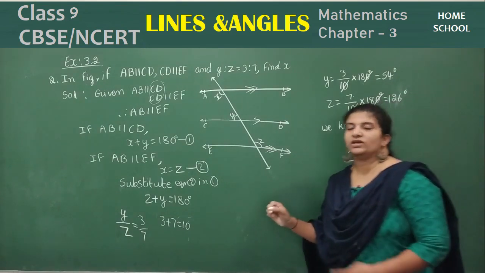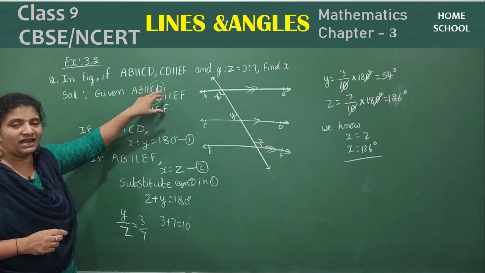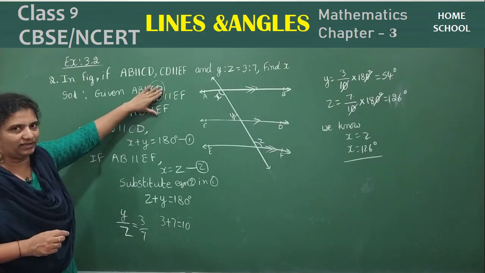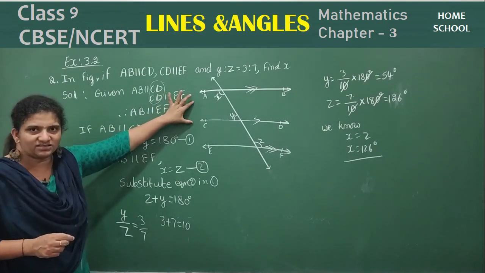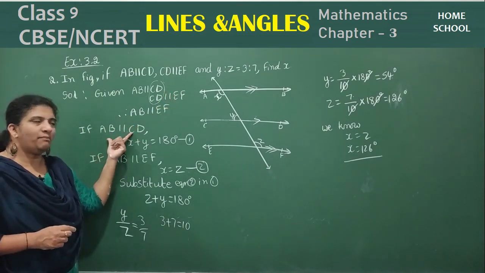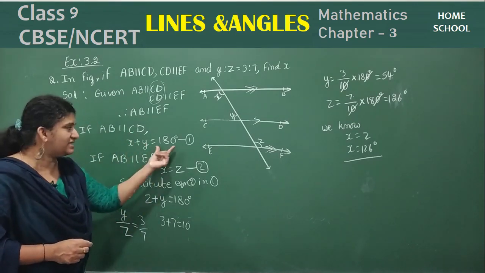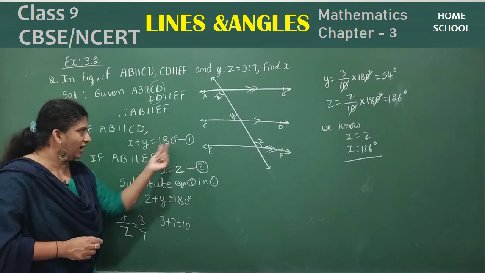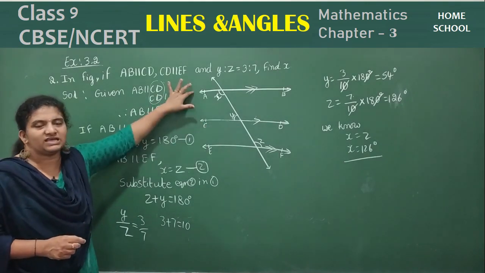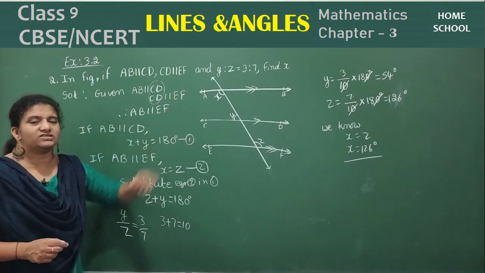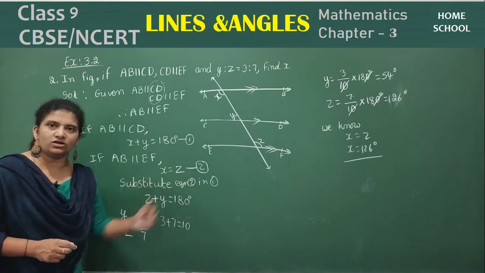That will be x is equal to 126 degrees. Once again look here, children, carefully. Here the lines which are parallel to the same line are parallel to one another. Write the statement here. Then next, we have taken two parallel lines, right? If they are parallel, the sum of the interior angles on the same side of a transversal is supplementary. Write the statement here and mark it equation 1. And the next step, if these two lines are parallel, then the alternate angles of a transversal are equal.